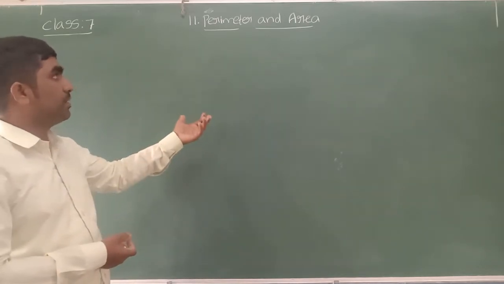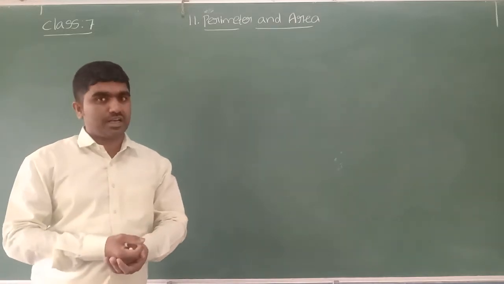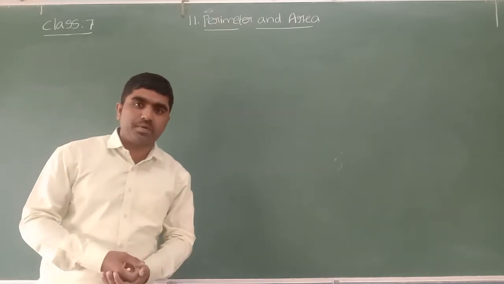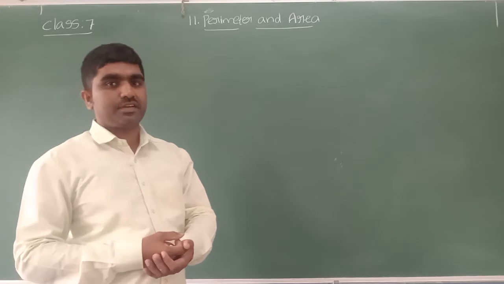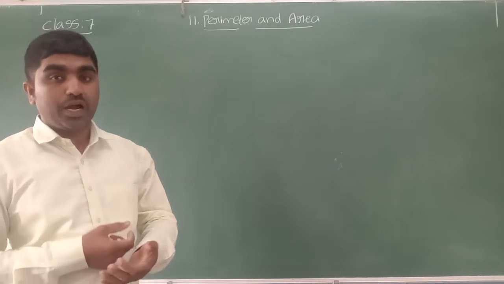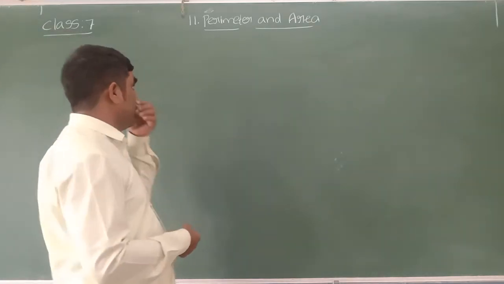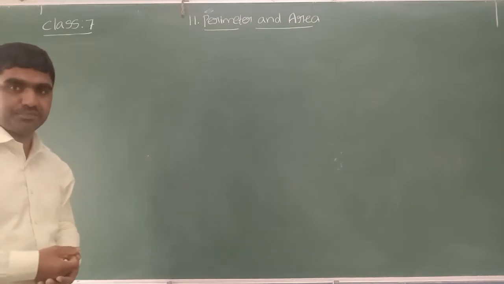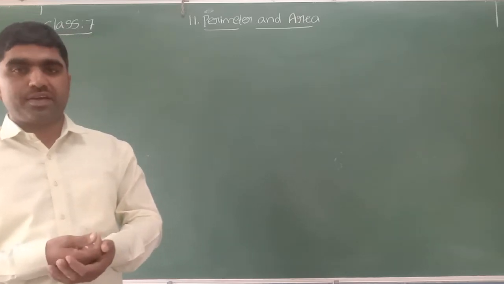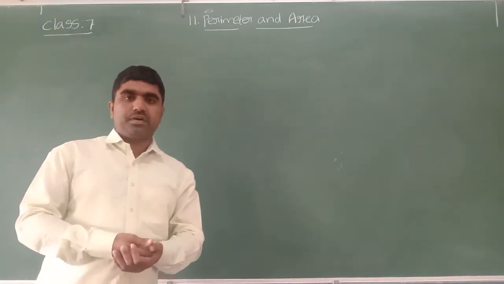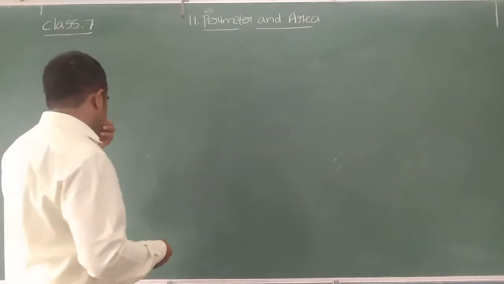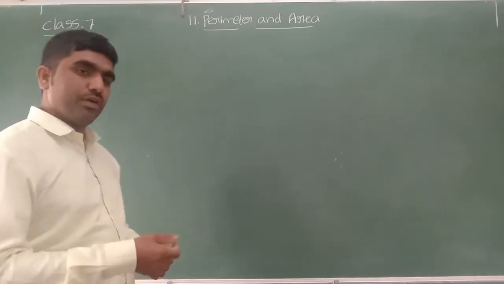Children, we learned perimeter and area in the previous, 6th class also. Then what extra information are we going to learn in this 7th standard about perimeter and area? In this chapter, you are going to learn what is meant by area and perimeter, and the importance of this concept. You will also learn how to find the area and perimeter of different plane figures like square, rectangle, parallelogram, triangle, and circle.